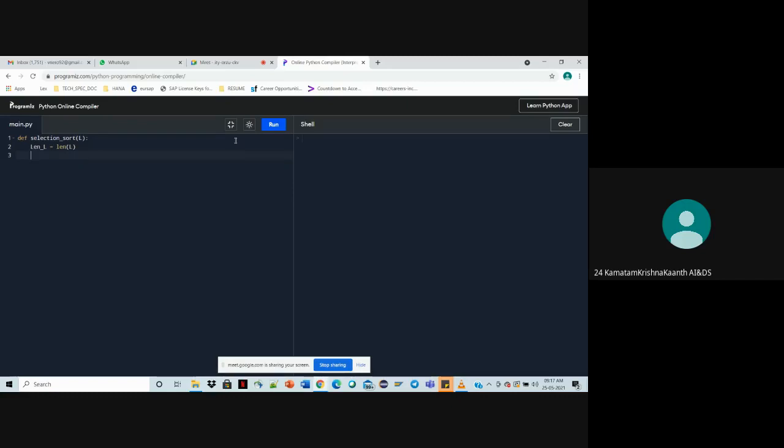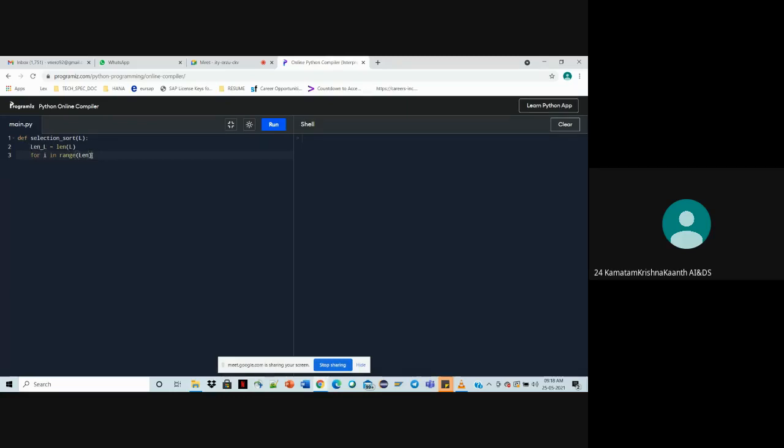Let's take I. For I in range, we have to define the range also. Here we are not taking the length of the list directly, because we can't call this function so many times. It will produce an error. So that's why I have created a variable for that.